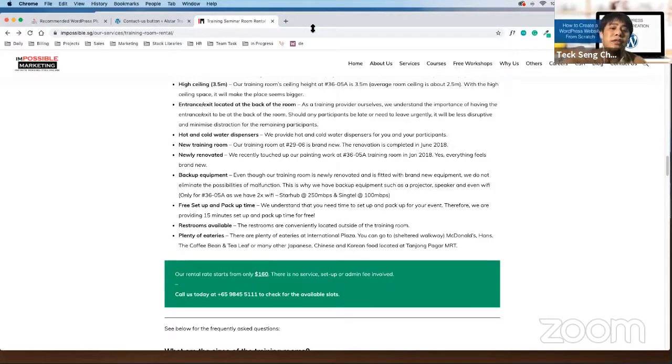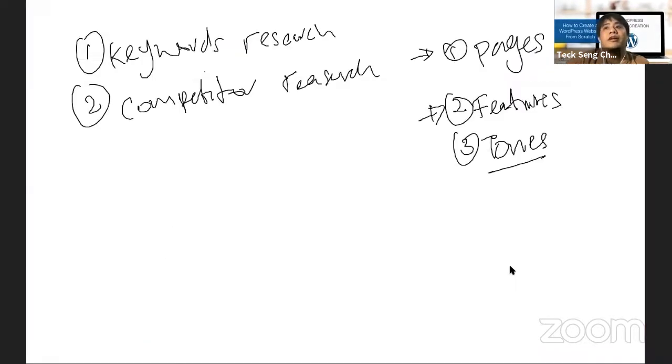So of course, the content you want to include in the homepage, for example, what kind of keywords you write, what kind of tone you write. Then at least it's easy for you to write your own content. Then after you find out about your competitors, the next thing you want to do is actually your sitemap.